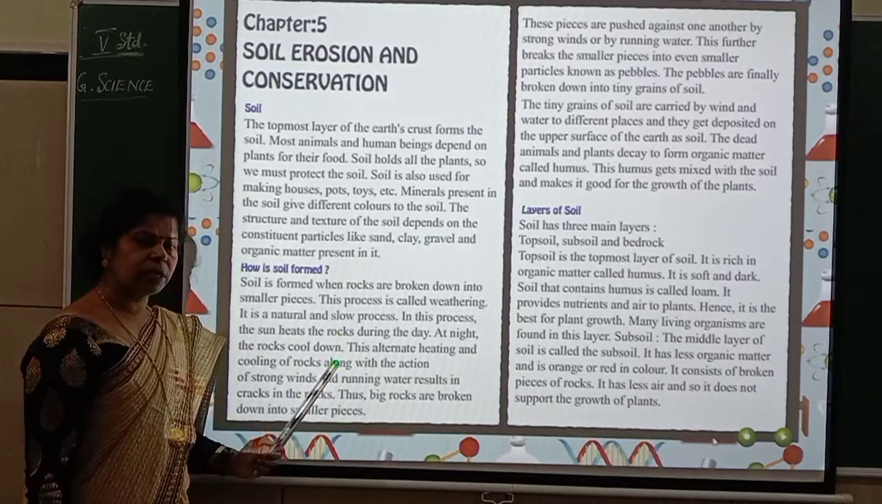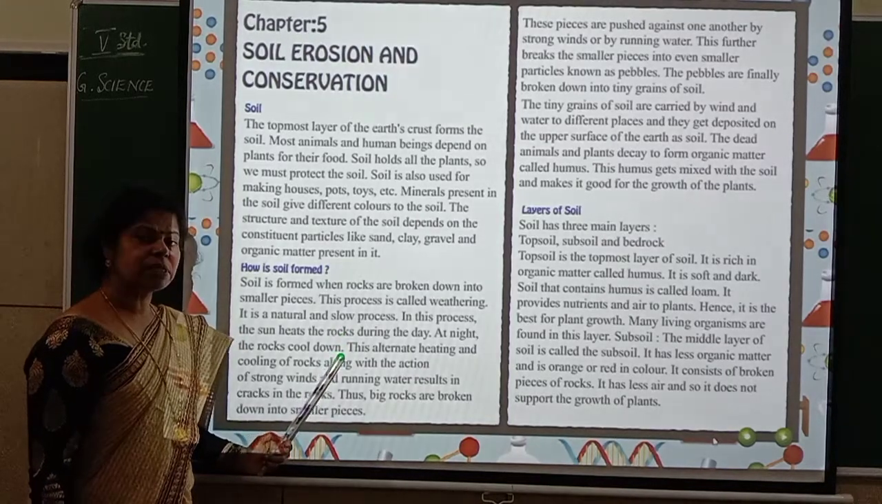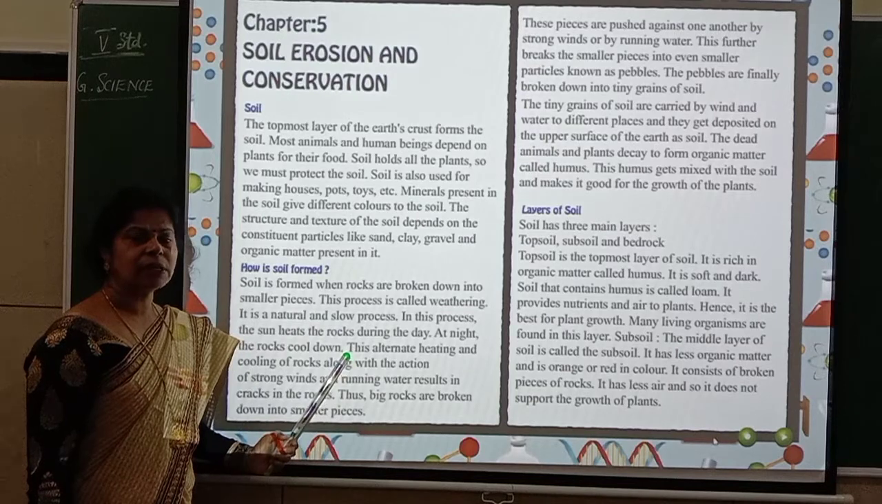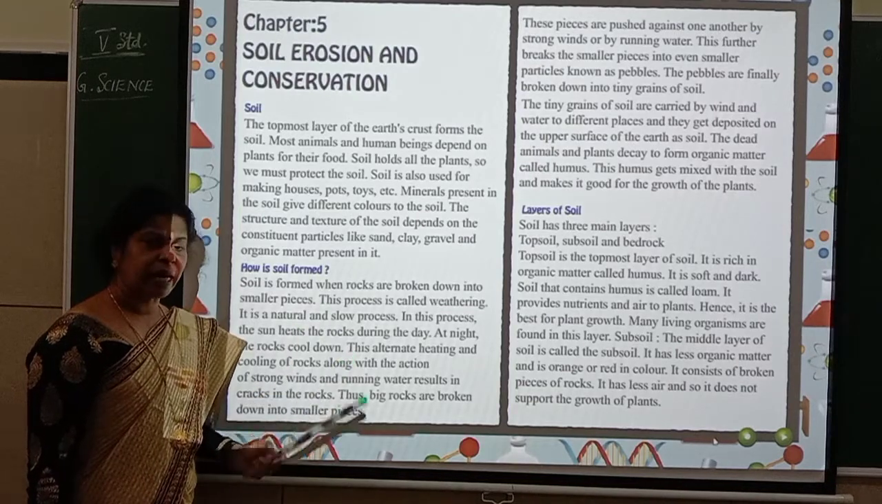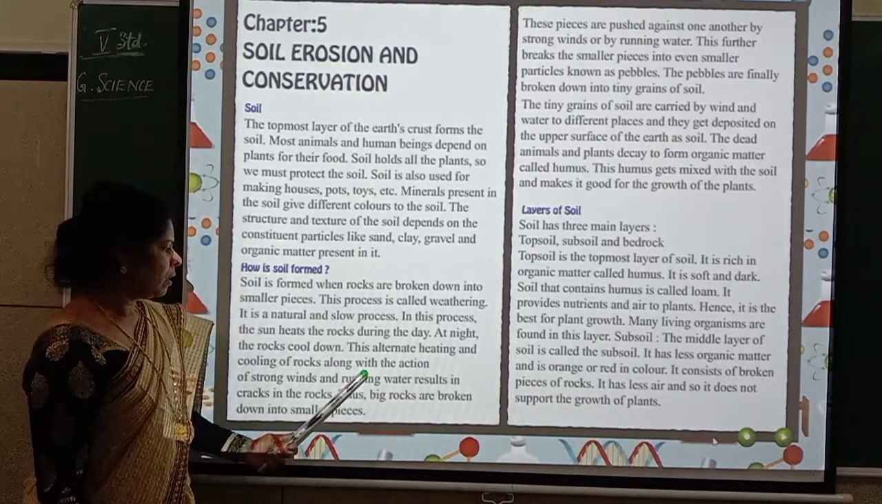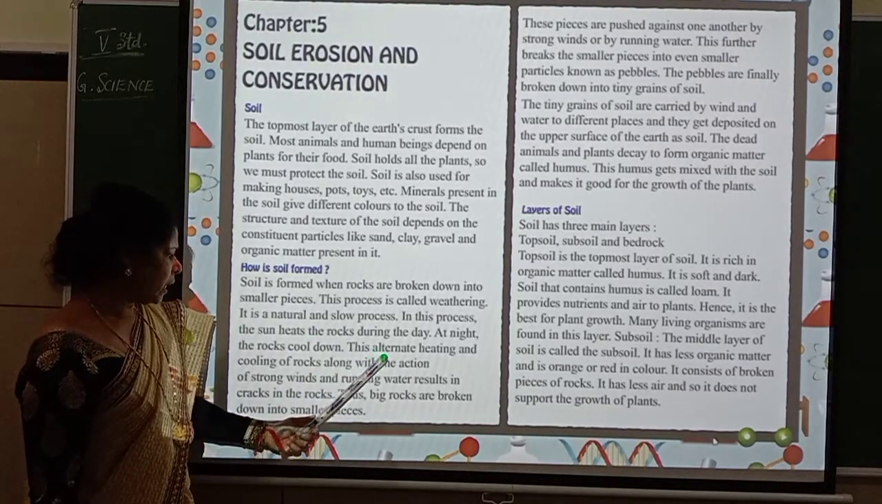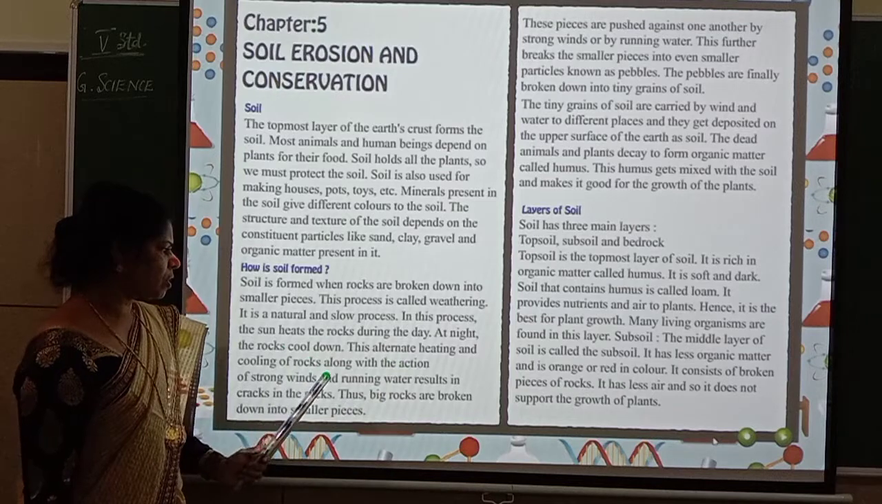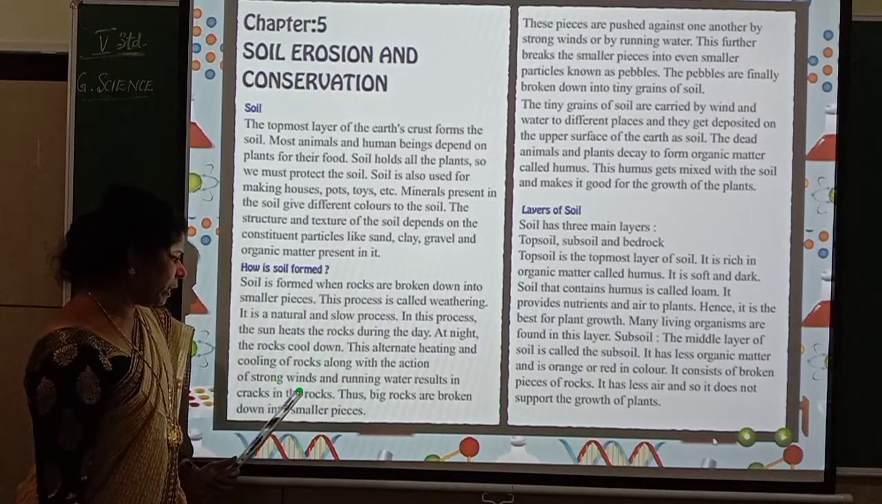What happens during the night? It starts cooling down. When the sun sets, what happens? It starts cooling down. Now, this alternate heating and cooling of rocks along with the action of strong winds and